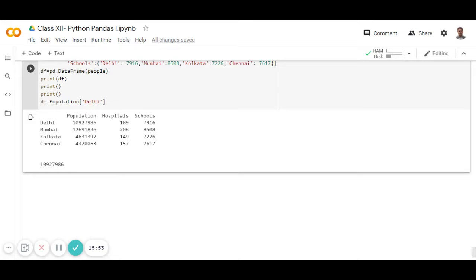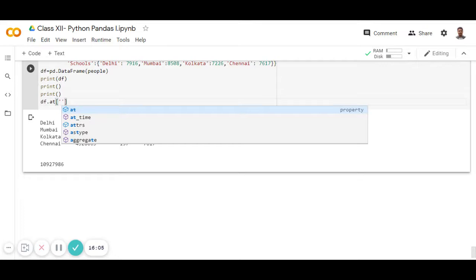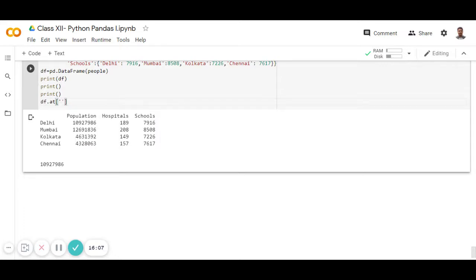Suppose you want to see how many schools are in Chennai. You can access it like this: df.add, in brackets give the city name Chennai, comma, and schools.